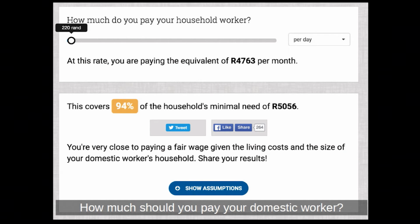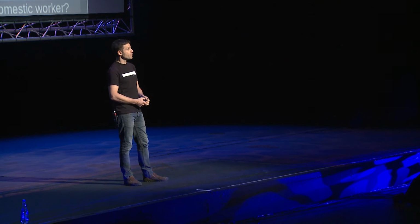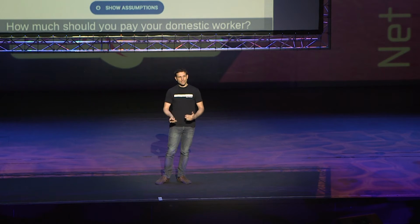Basically, it's sliders. So how much does it cost to get 2,000 calories a day? So at the time, it was, I think, 27 Rand per person per day just to get a high-starch, non-banting diet. But most people don't want to exploit the domestic workers. So they think, you know what, let's add some eggs and some chicken to that basket because people shouldn't be eating pap all day long. So you could change the slider to 40 Rand, and how much does it cost for transport and education and housing and all that sort of good stuff. And when you get down to the bottom, you recalculate, and then the real number comes up. And it's, oh my God, I can't believe it. I can't believe that for this household to actually live a decent life is going to cost